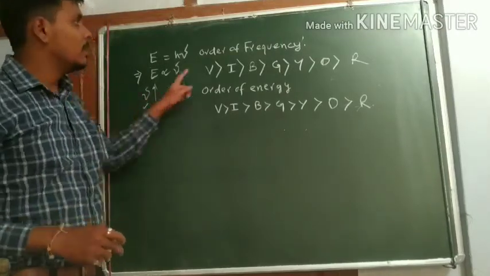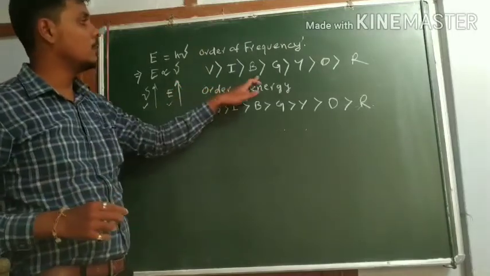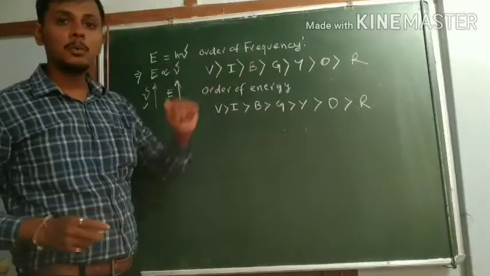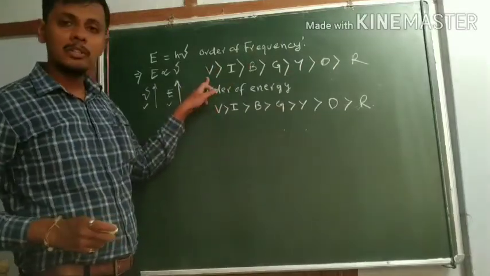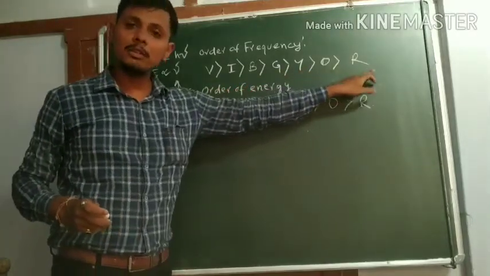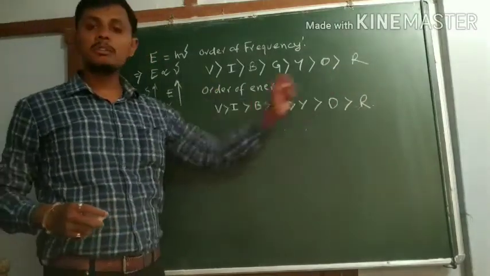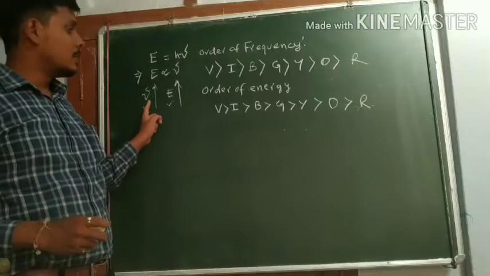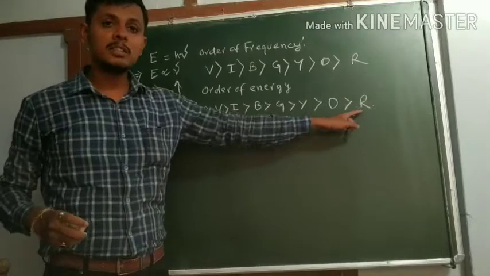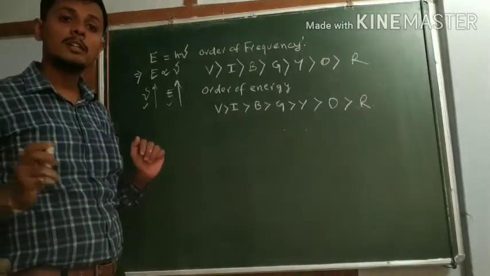Okay, now let us see the visible spectra: violet, indigo, blue, green, yellow, orange, red. Your frequency order to ki violet or frequency ataitke beshi, tar pisot indigo, blue, green, yellow, orange, red. So red or frequency to ataitke kom. Okay, so violet or frequency to beshi, red or frequency to kom. That means frequency beshi hole energy beshi hole. That means violet light will have more energy.